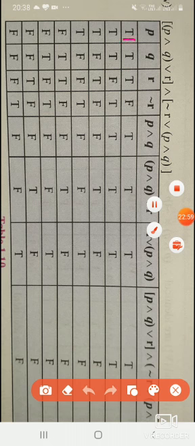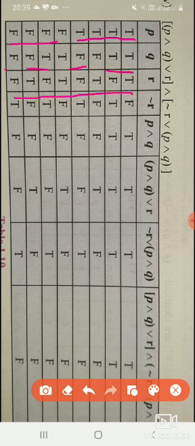First you are going to write true for 4 rows, then false for 4 rows. True, true, false, false, true, true, false, false. True, false, true, false, true, false, true, false, we are going to write.